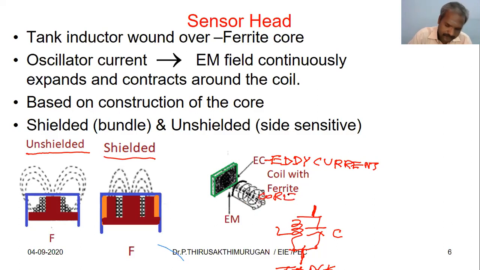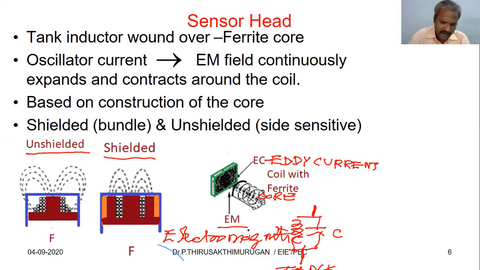So, coil with ferrite core. An electromagnetic field is generated here. Actually, what is this? This is the target, or metal object. Understand? So when the object is approaching towards this, the tank circuit